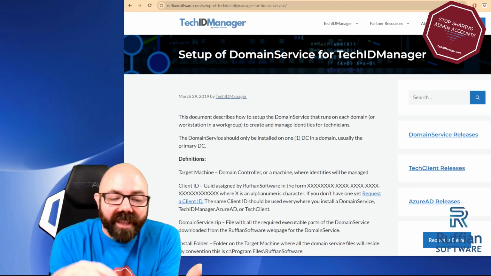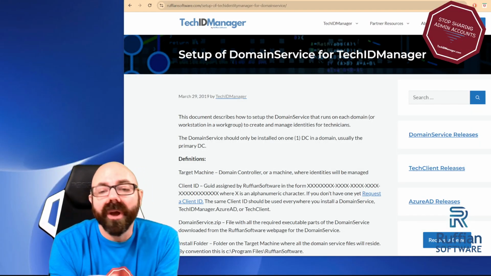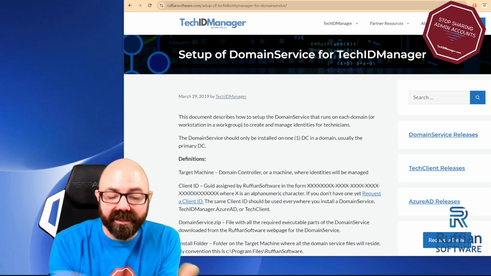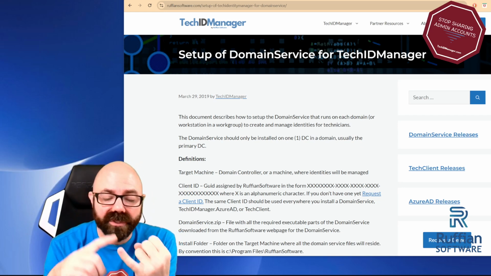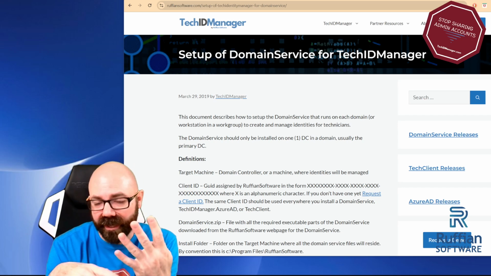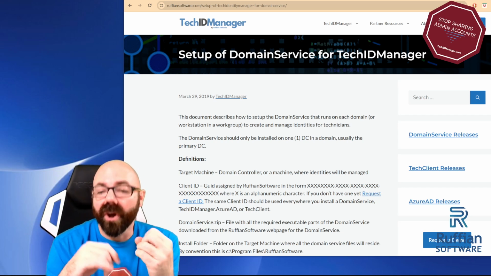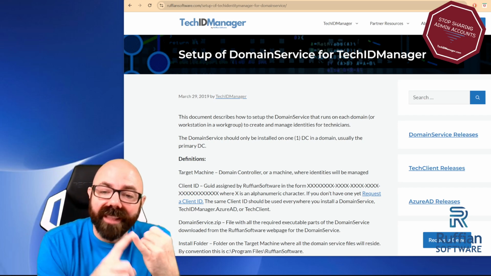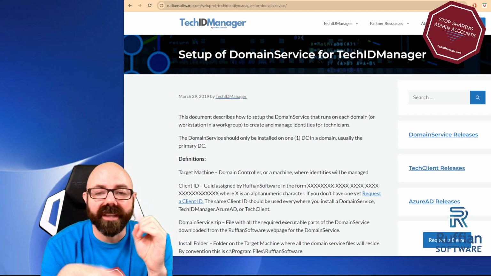TechID Manager has an agent that can be configured to do a myriad of different things. It can make what we call PAM accounts, which is a unique account for each technician. Create that account, set rights on it, manage it, rotate passwords on the account. It can do that. It can also do what we call a LAPS agent, which is where it takes one